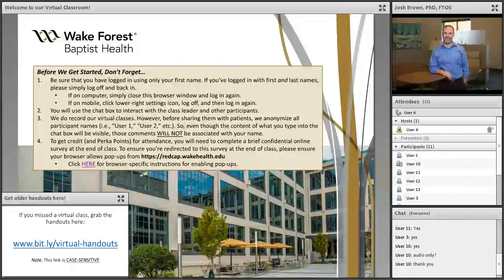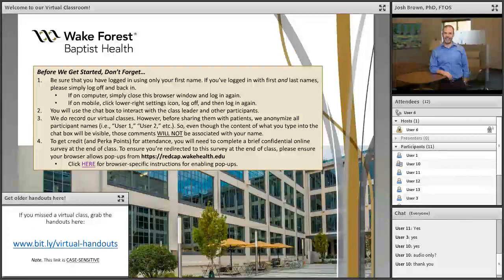Okay, so let me go ahead and switch over. Before I do that, let me point out one thing on this page. You should be able to see in the bottom left-hand corner of this screen a link to a folder that we have online that has all of the handouts for all of these virtual classes, and they're arranged by topic.